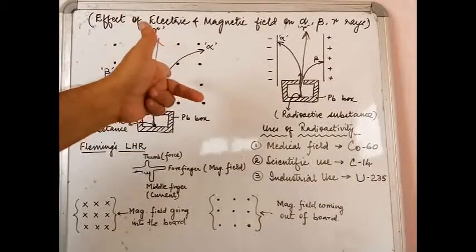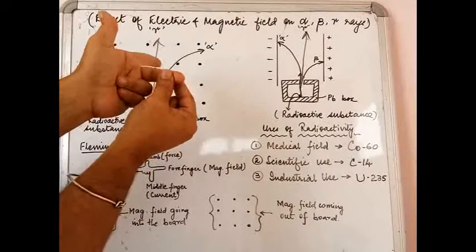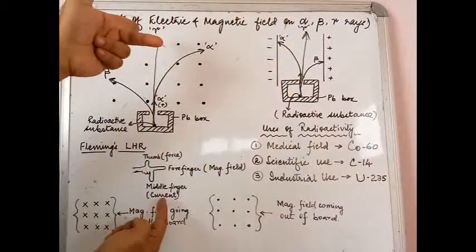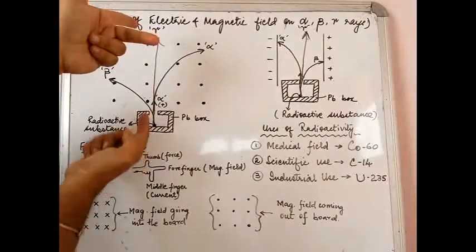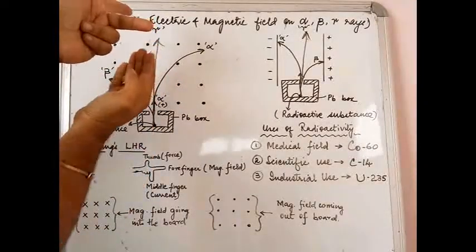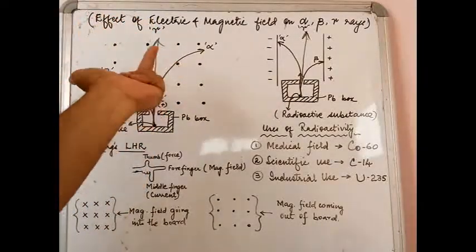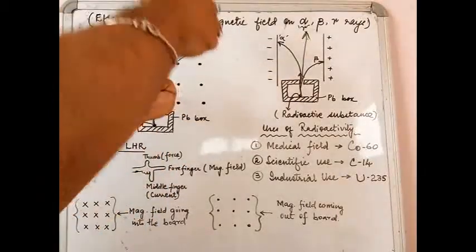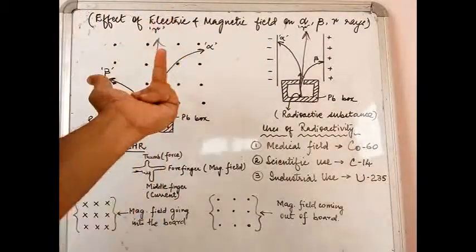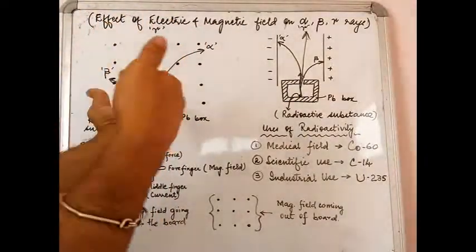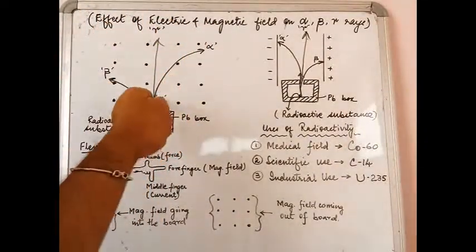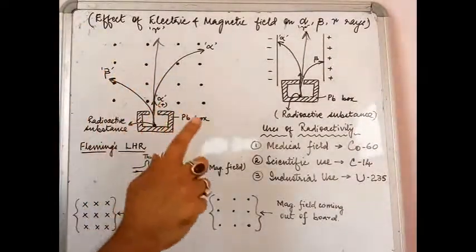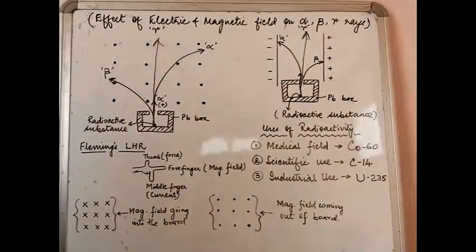That is the first thing. Then the second thing that you have to adjust is the middle finger. The middle finger shows you the current direction. Where is alpha going? Where is positive charge going? It is going upward. So you are going to just twist your hand like this. Now the middle finger is showing upward. So this time the thumb will show to the left direction. Therefore alpha is going to bend to the left side. Remember this, I am telling you when the crosses will be there.